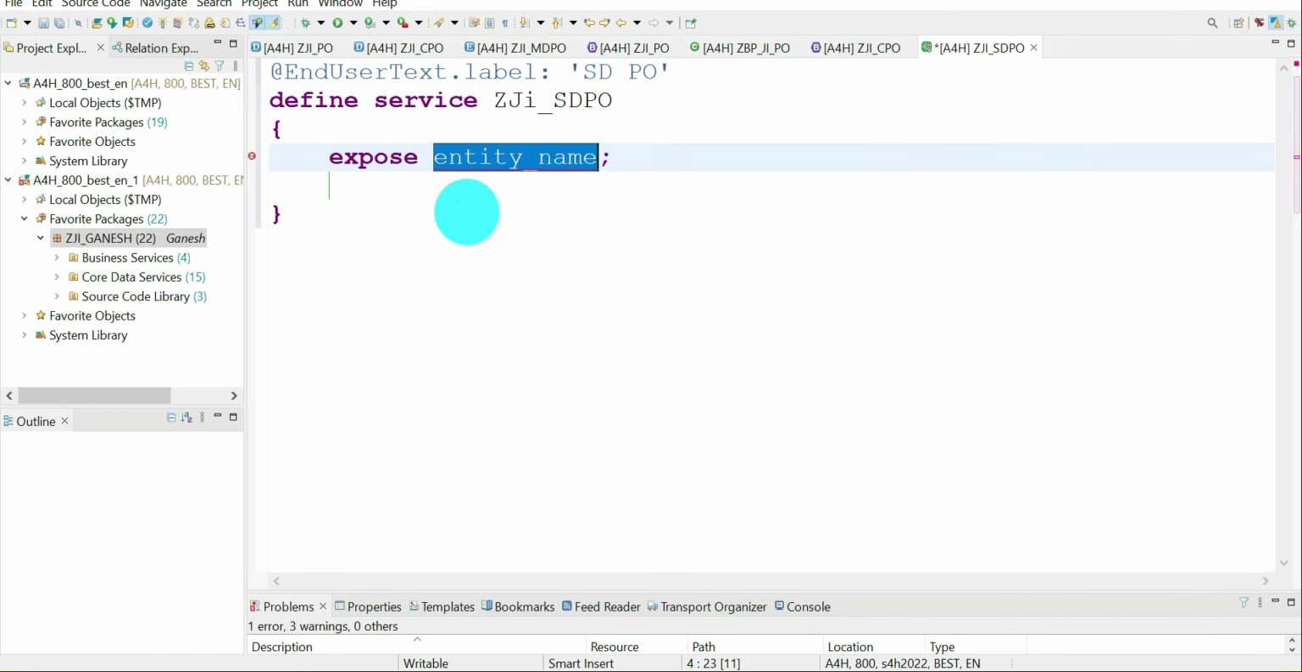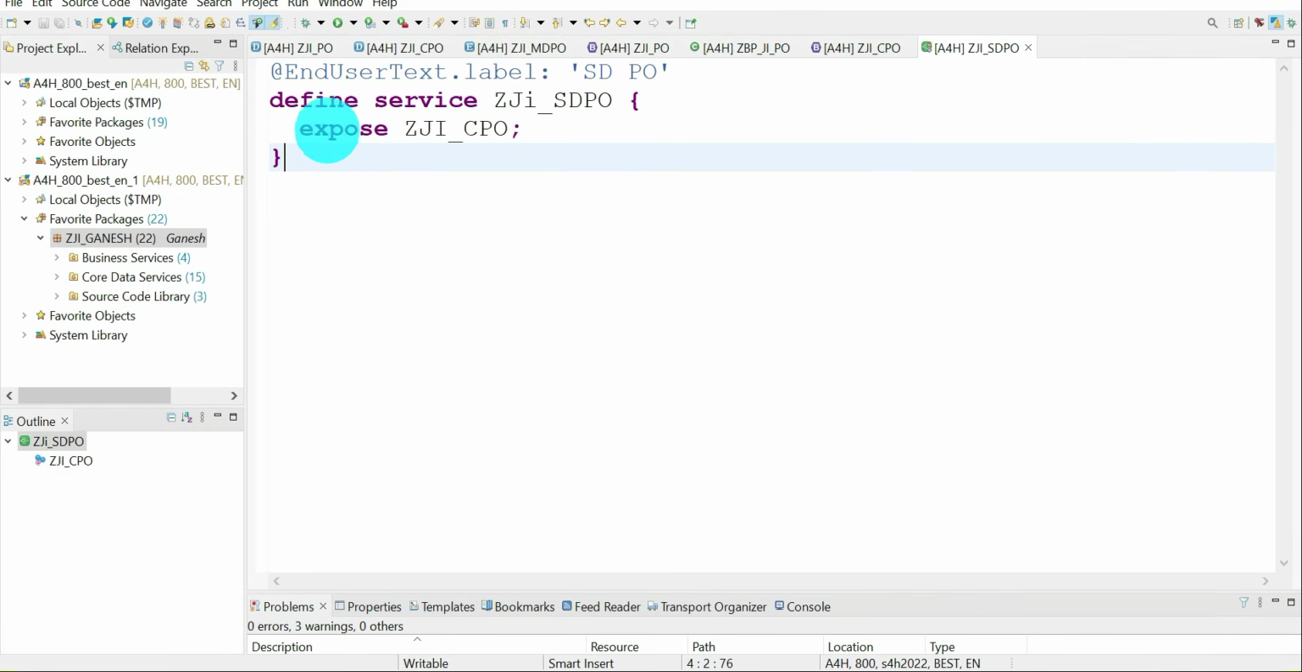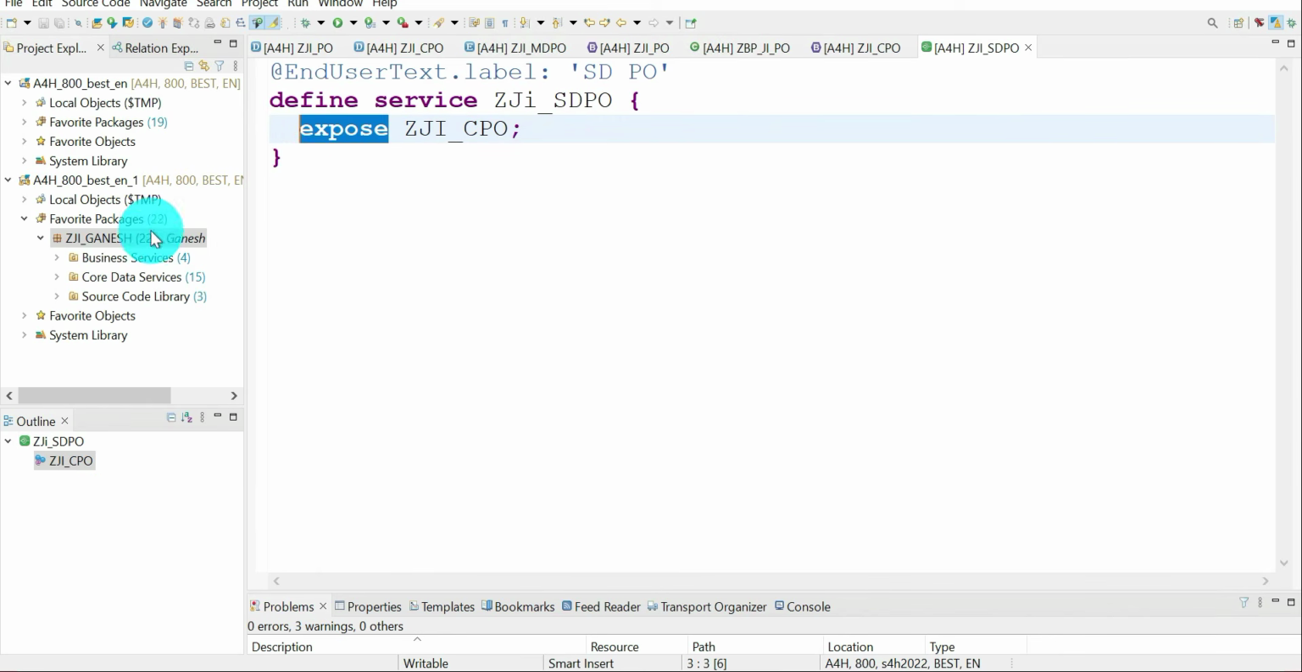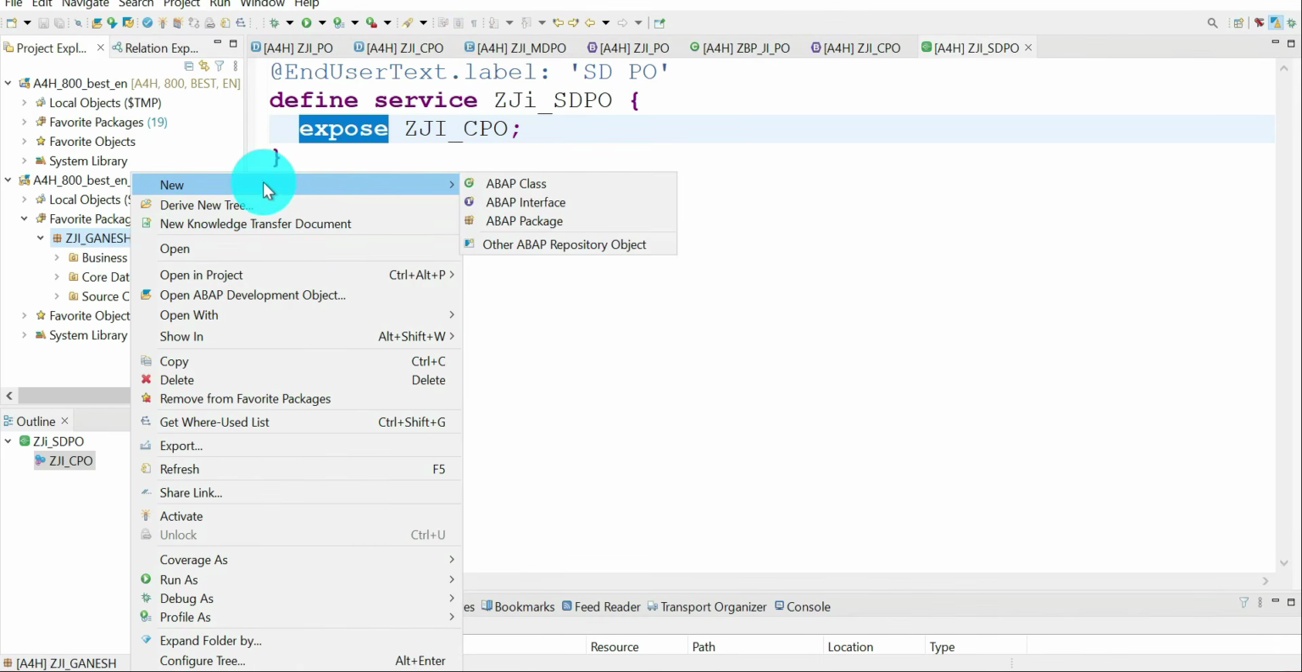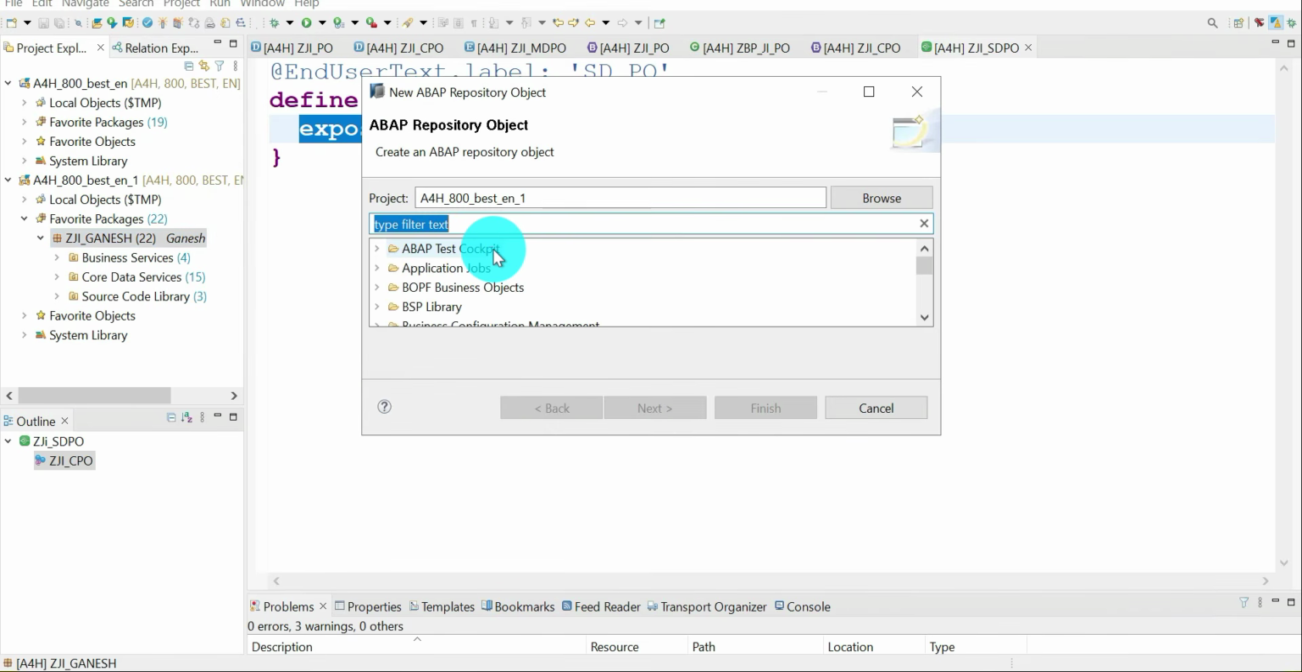So here the service definition is for your consumption. CGI C. Save it and activate it. Okay, so expose. I'm going to expose my consumption view. CGA consumption view. So my service is done, and now I'm going to create the final step, new repository,